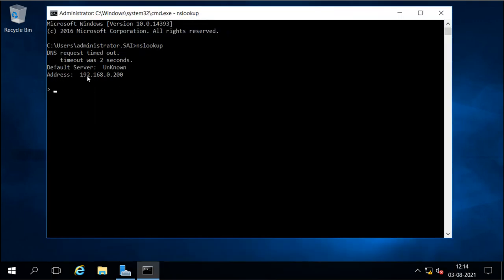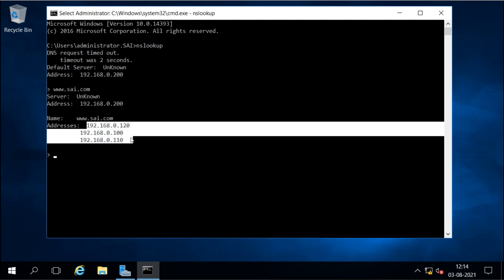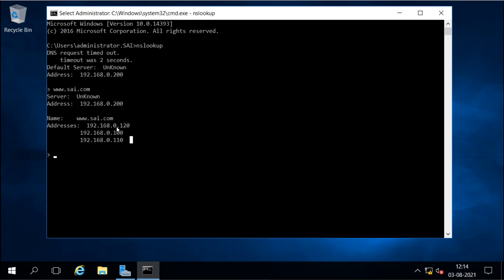Now what we get, this is our DNS server. Now I will try to get the name resolved. I will try to resolve the name which we created with the three different records, www.thedomainnamesci.com. The first time when I ask for the record, it gives me all three IP addresses. It shows that all three IP addresses belong to that name: 192.168.0.120, 192.168.0.100, 192.168.110.